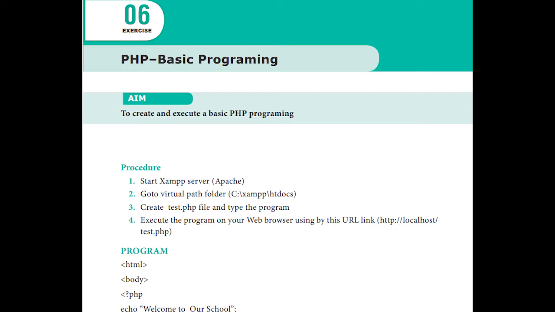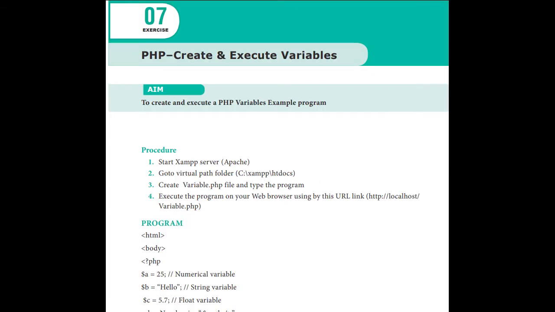Okay, the output also they have given, procedure also they have given. So when we are learning this PHP, you will know the procedure. The procedure also they have given in this exercise page itself. When you are creating and executing a PHP variable example program, first you have to start XAMPP. It will be installed in your laptop, or in your computer. If you are doing it in W3 Schools, this procedure and all is no need. You can just directly type the program, run it and take the output.